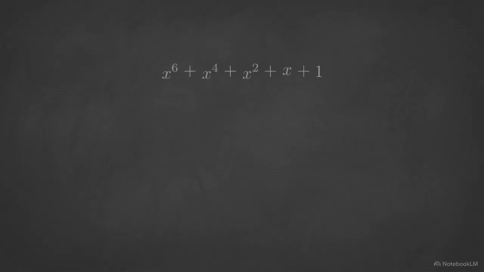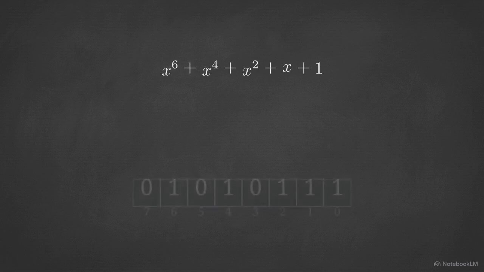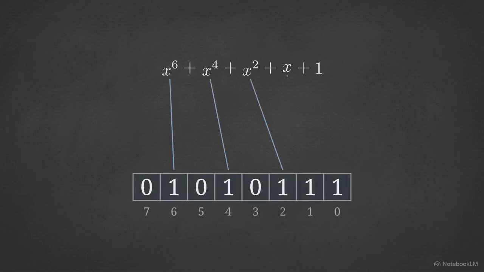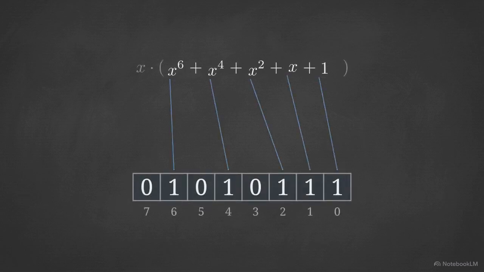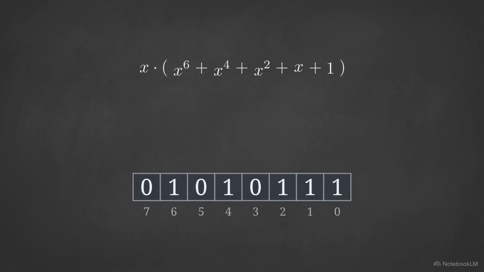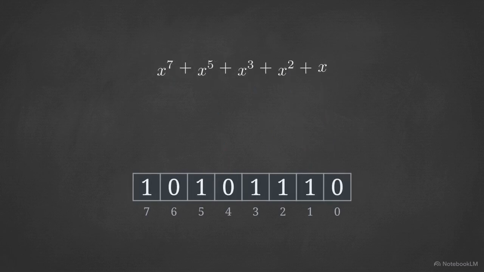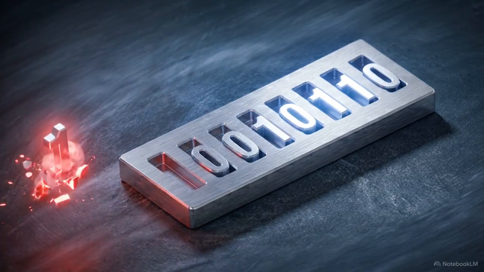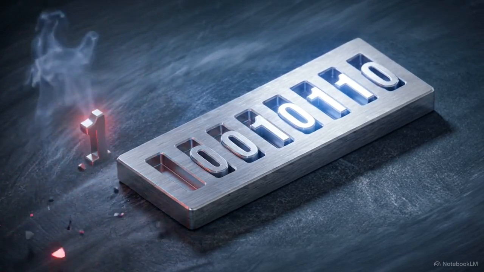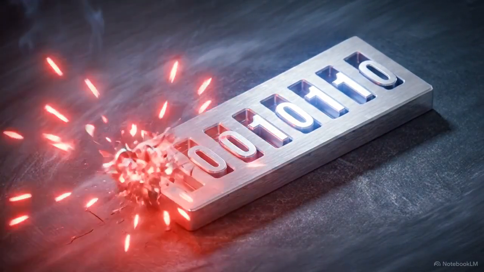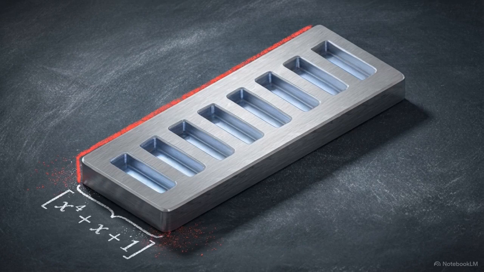Polynomial multiplication is more complex because it increases the degree of the resulting mathematical terms. Multiplying a polynomial by x increases every exponent by 1, which is executed in hardware as a simple logical left shift of the bit string. This shift pushes the leading bits outside our 8-bit field, which would normally result in a hardware overflow. We prevent this by implementing modulo reduction using an irreducible polynomial.